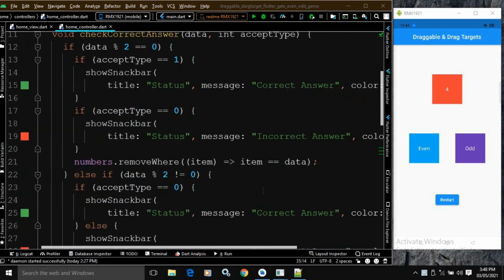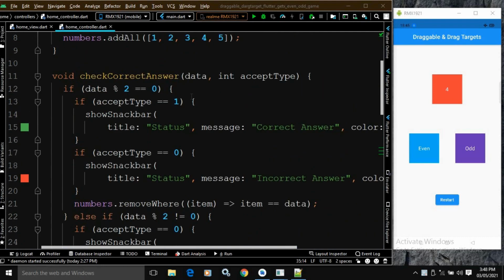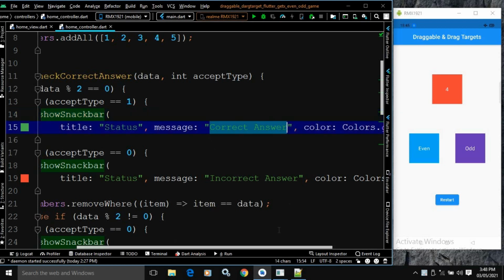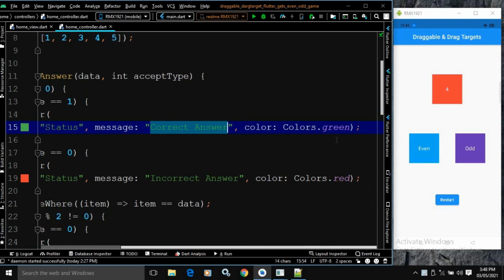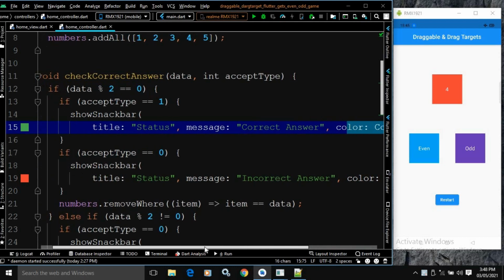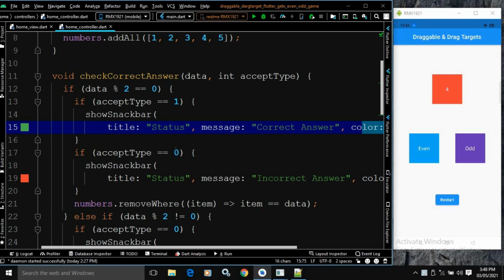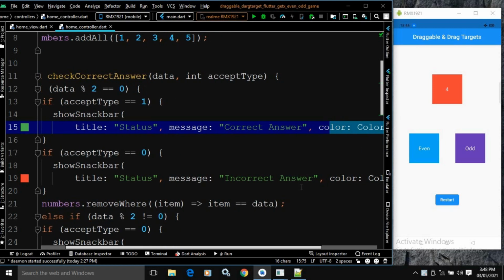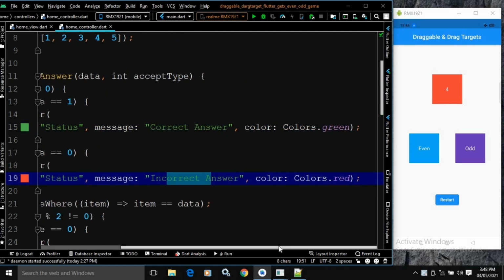Okay, so if accept type equals to 1, then in the show snack bar, in the title I have passed status, in the message I have passed correct answer, in the color I have passed colors dot green. Okay, this color will be actually the background color of the snack bar, right? Now if the accept type equals to 0, then obviously it will generate message as incorrect answer, and in the color I have passed colors dot red.